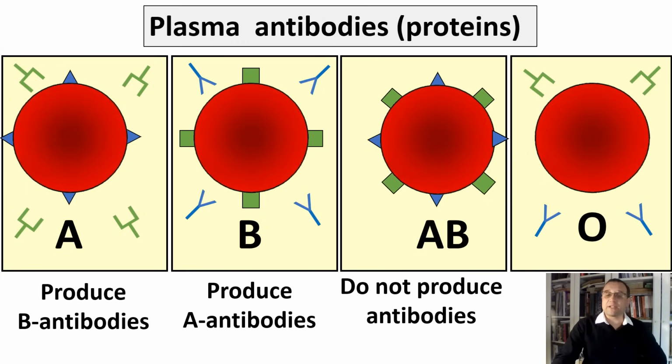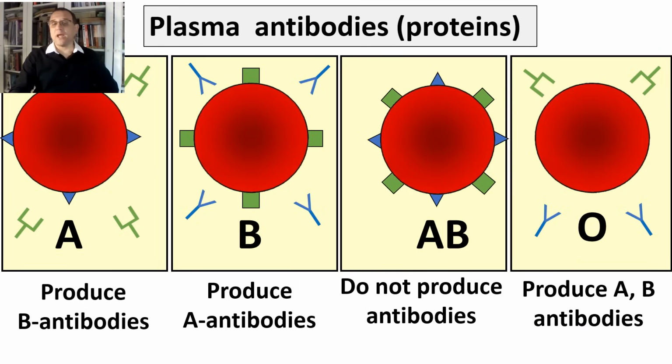Therefore, people with type O blood are considered to be universal donors. Blood type AB does not produce any antibodies against other blood types. Therefore, the patients with this blood type are known as universal recipients, since they can receive blood from donors with